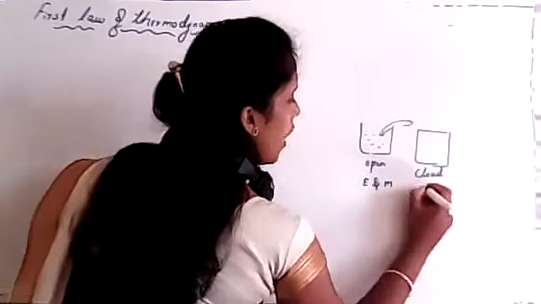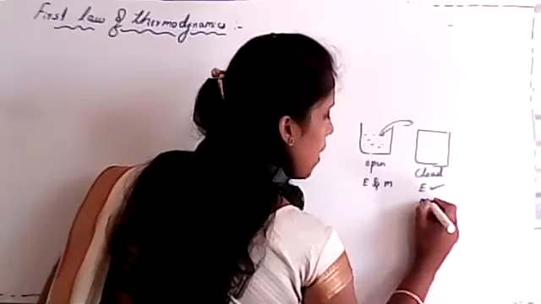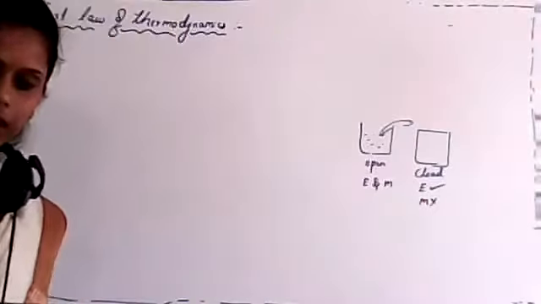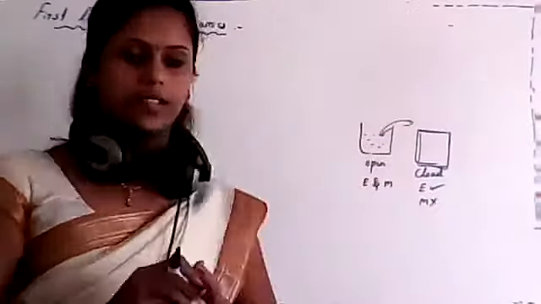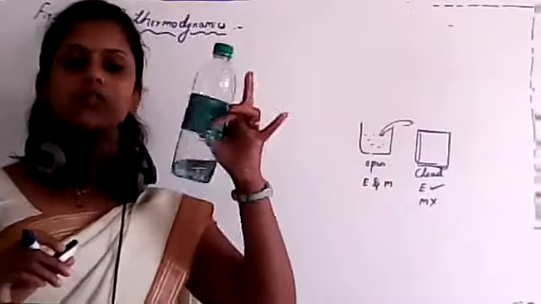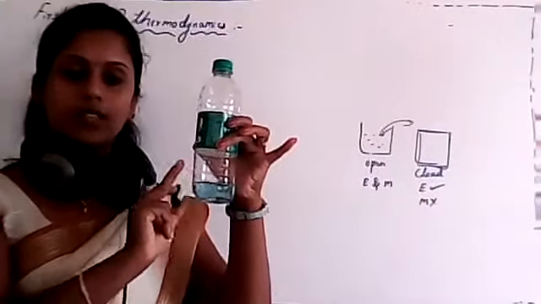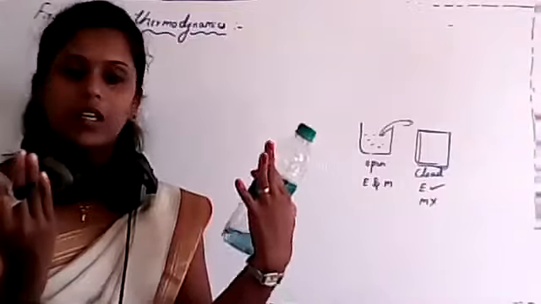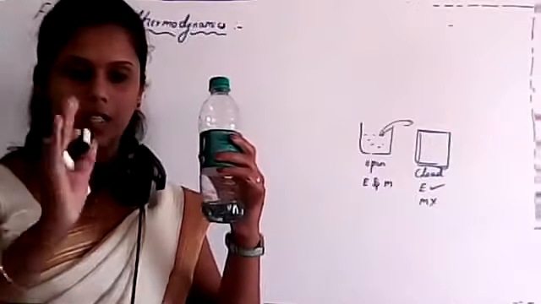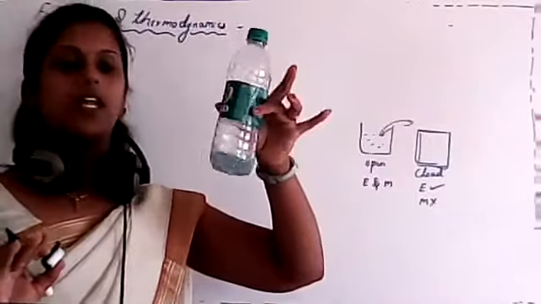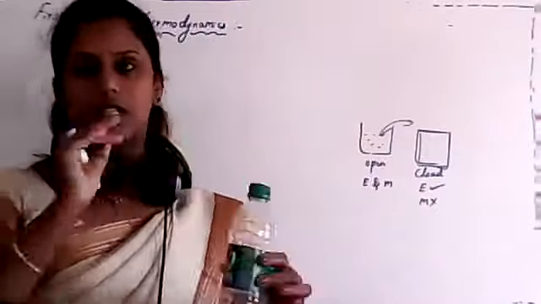Further, another one is closed system, isn't it? In a closed system, energy can be exchanged but matter cannot. Why? It is a sealed container. See, if I consider this bottle which is closed, and I consider hot water in this case, heat may be lost by this container. But if we consider any matter, it can't be exchanged. That means it remains as it is because it is a closed container.